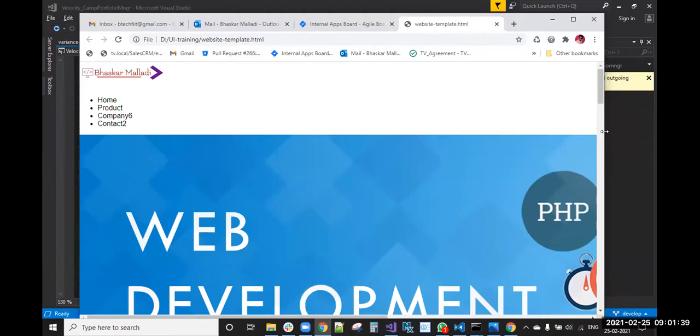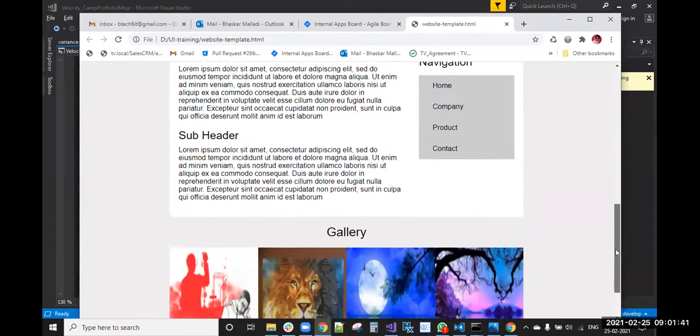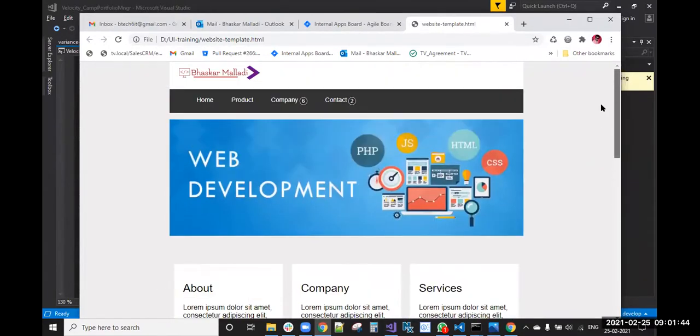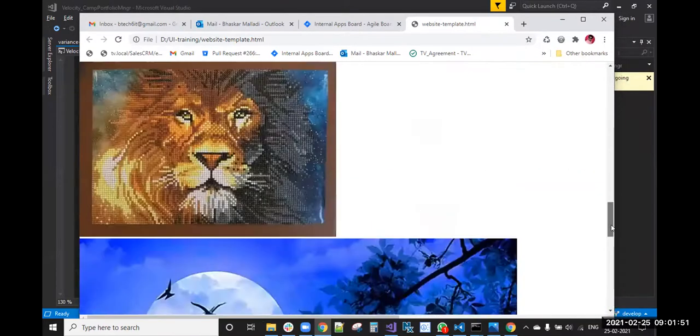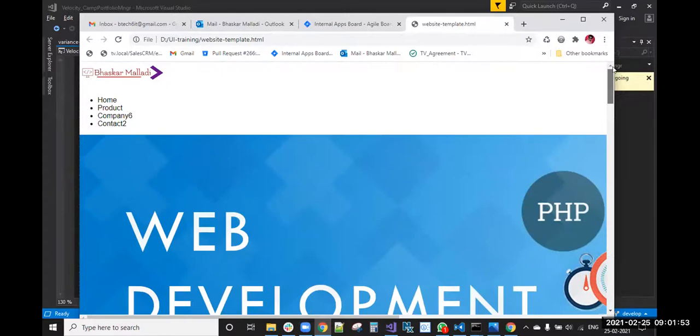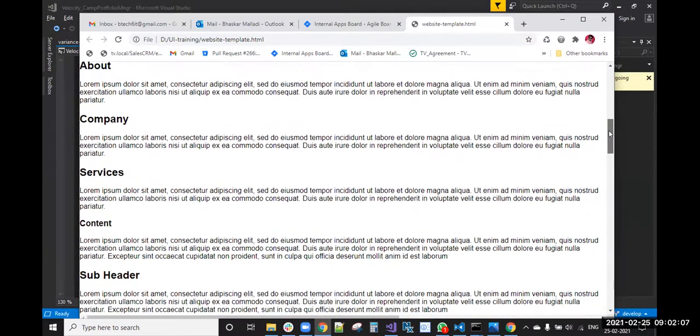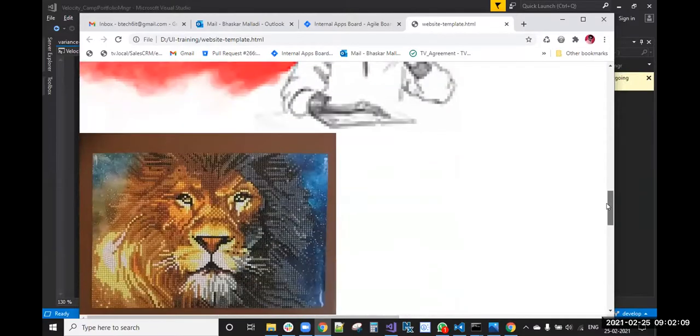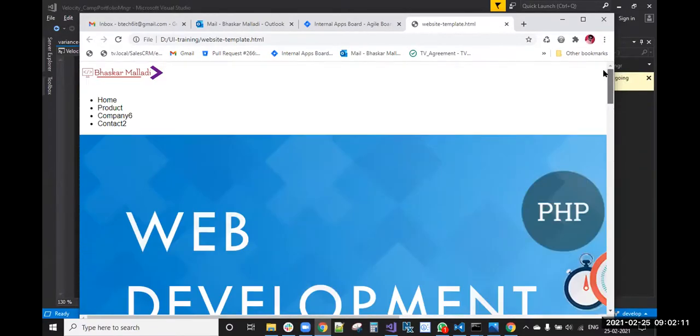Above 1200, it is adjusting correctly up to here. You can see it is not breaking up to 1200. Below 1200, everything is breaking, but it is aligning well only. You can see this. Side by side becomes one by one, right? It is aligned properly, and the image also, and these about, company, services contents are aligned perfectly only.